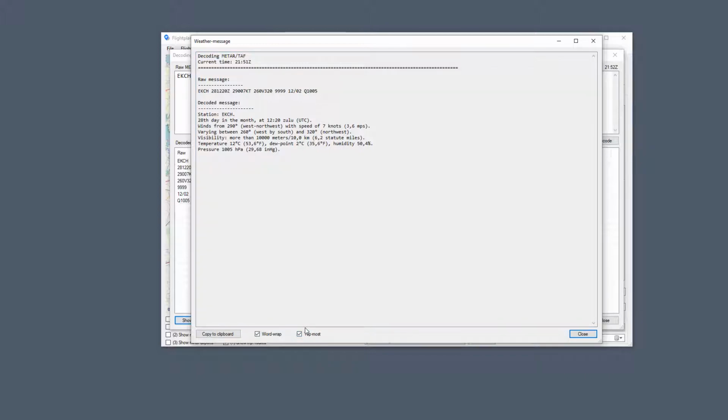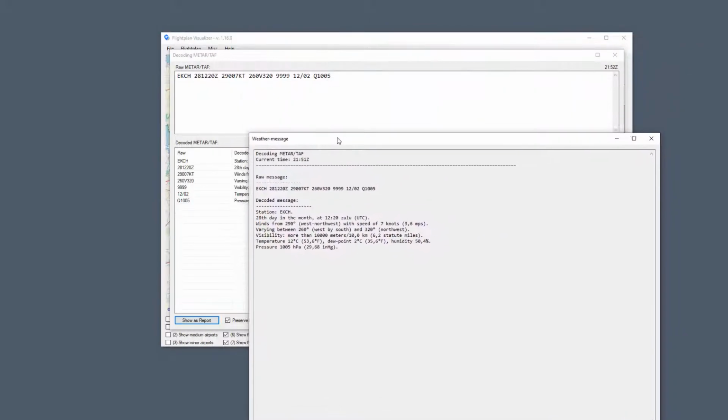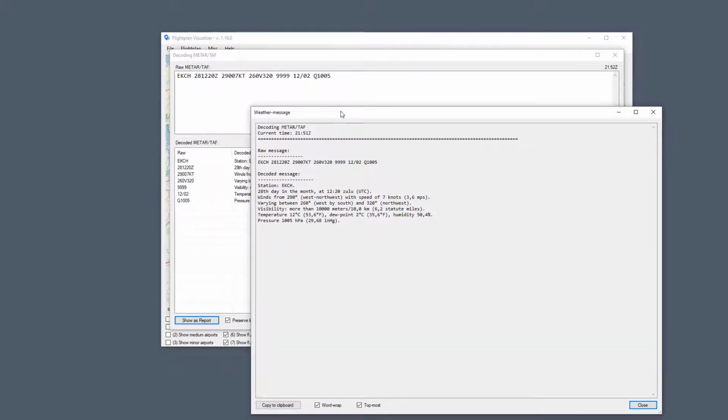The reason for this is, I don't have my flight simulator running, however, you could have your flight simulator running and then drag this window in on top of it. For example, if you're flying the Aerosoft Airbus, the A320, and you have to plan your approach phase, you have to enter information about the wind and the temperature and the pressure. And if you don't want to write them down, as long as you use a flight plan visualizer, you can,